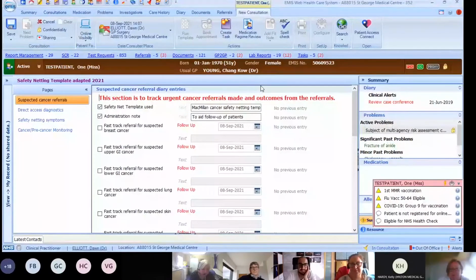So this is the template that we use. We've actually adapted it because there were a few codes that seemed to be missing. The cancer safety netting code, the SNOMED code for that, was missing. We also changed some of the wording to reflect what we call our vague symptom pathway within South Tyneside. Ours is currently called the rapid diagnostic pathway, so we wanted to label it as that on the template. And the benefits of this is that